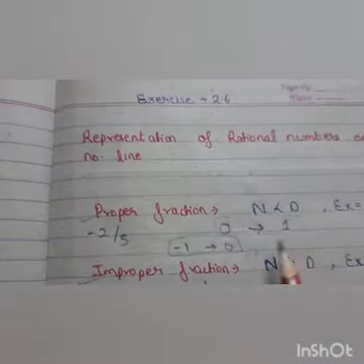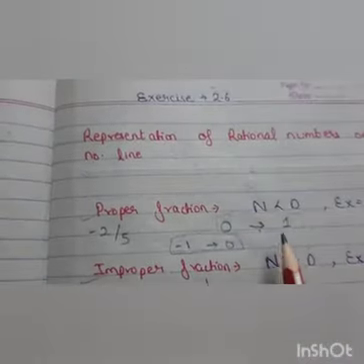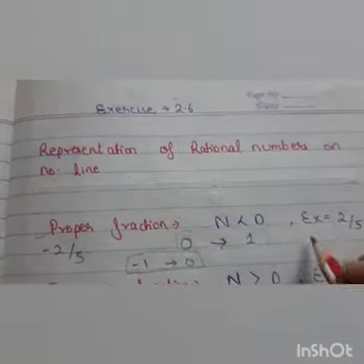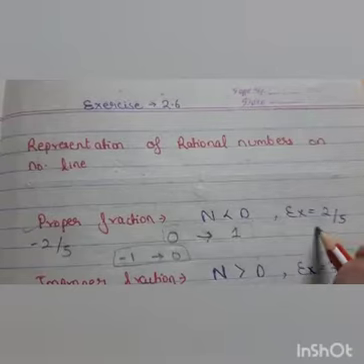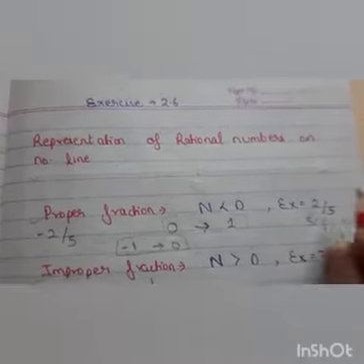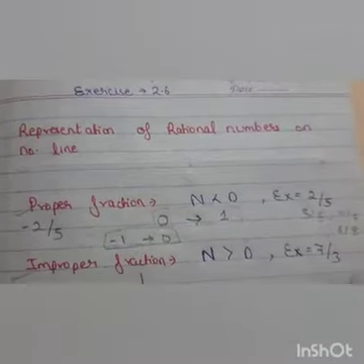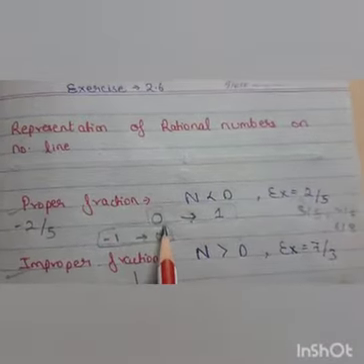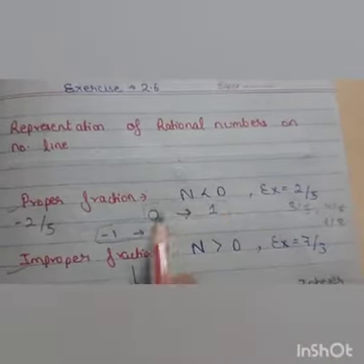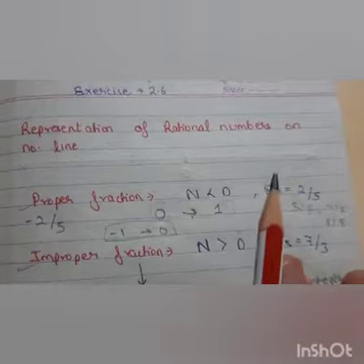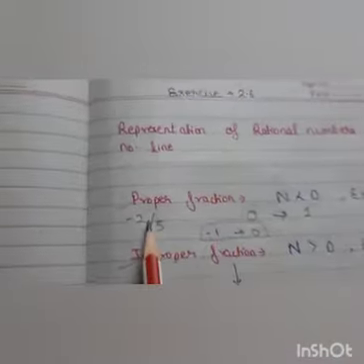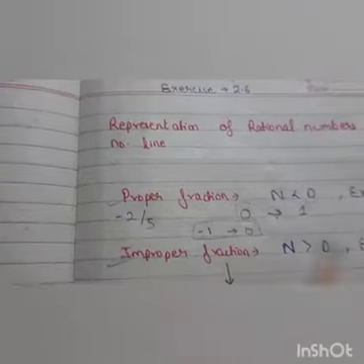The need to know this is that we get to know the extreme limit of the number. Like if it's coming 2 by 5, 3 by 5, 4 by 5, 6 by 8, etc. In case of a proper fraction, we always know that the lower limit will always be 0 and the extreme limit will always be 1, and it will lie between these two numbers only, between 0 to 1 in case of positive. But in case of negative, it will always lie between minus 1 to 0.